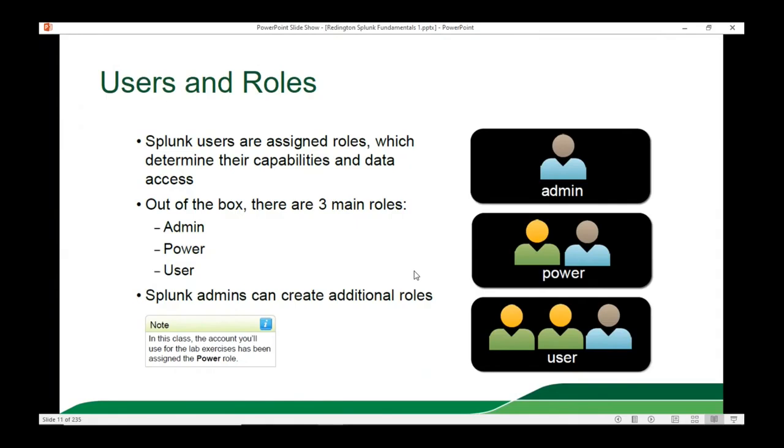So users and roles. Splunk has three main roles: user, power user, and admin. So like I said, here in Fundamentals 1, we are covering the tasks of a user role. Similarly, there is another course, Fundamentals 2, which covers the tasks of a power user, and then there is a course called Splunk Enterprise Admin, which covers a few more modules, and it is more of an intermediate course,